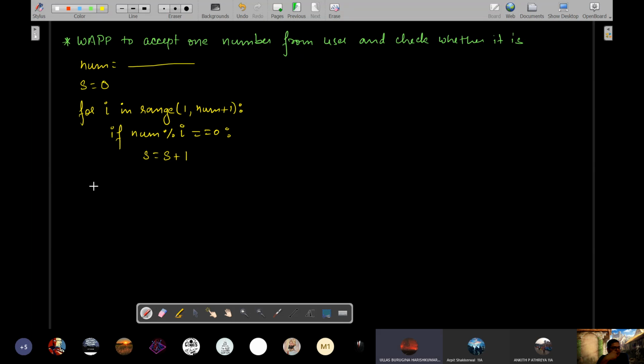By what value? By the value of I. It won't increase in a steady manner. Okay, I got your point, but anyone with a better, more presentable summarized answer?